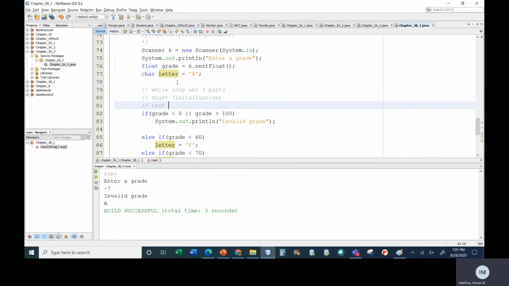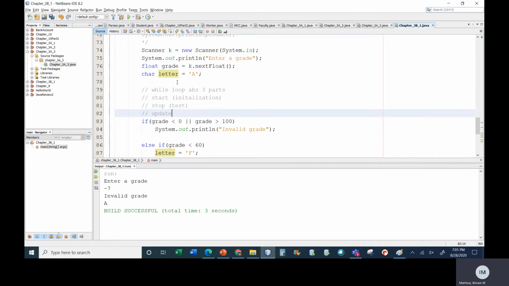We have a test that will eventually make us stop. So we're going to have a test and we want to have an update variable. The variable we're initializing and testing on, we make sure we update. Okay, so